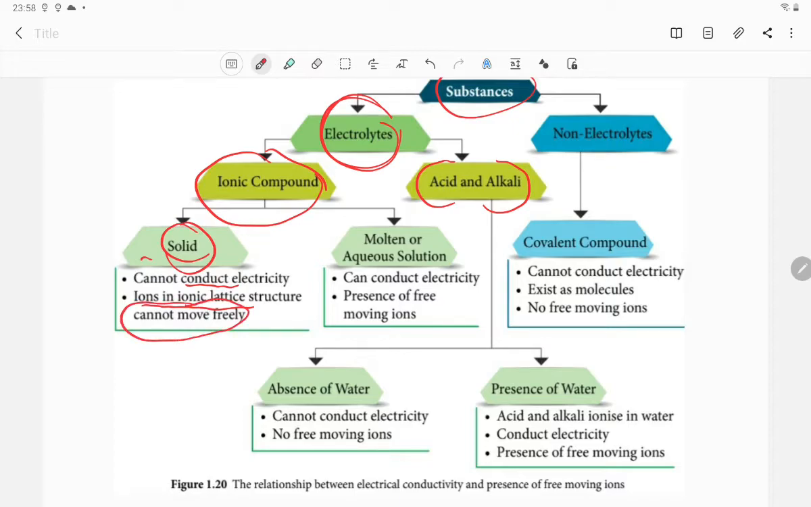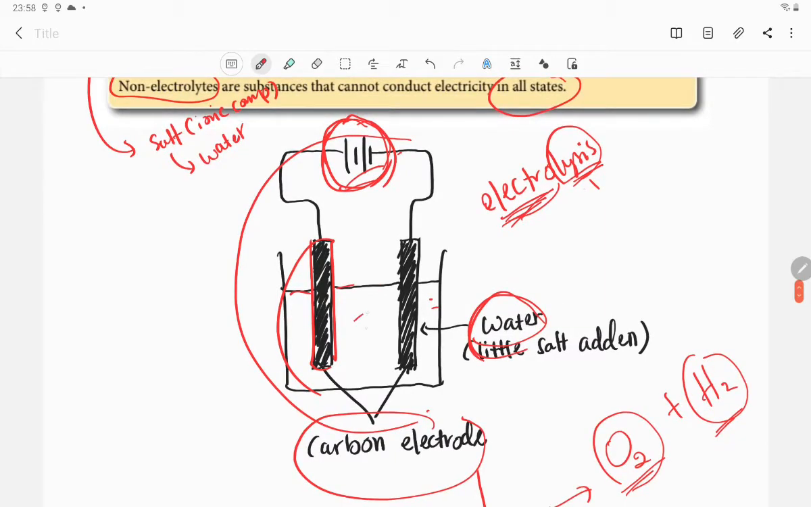For ionic compound that exists as molten or aqueous solution, it can conduct electricity. Can conduct electricity means it is an electrolyte. So if it is in solid, it is not an electrolyte. Why can it conduct electricity in molten or aqueous state? This is because of the presence of free moving ions. We need free moving ions here, positive ions and negative ions,